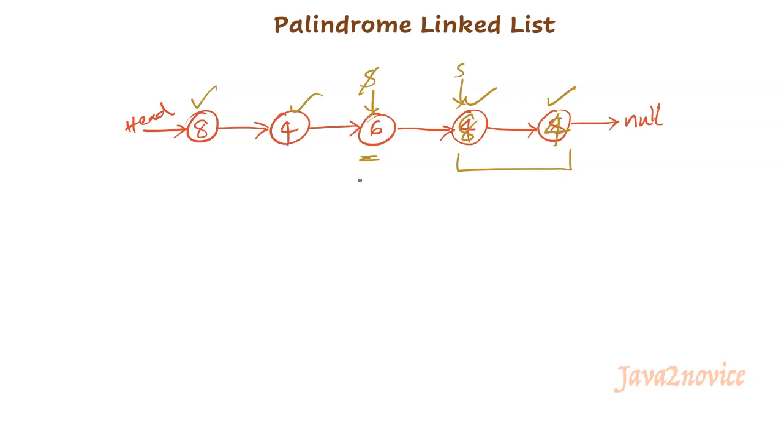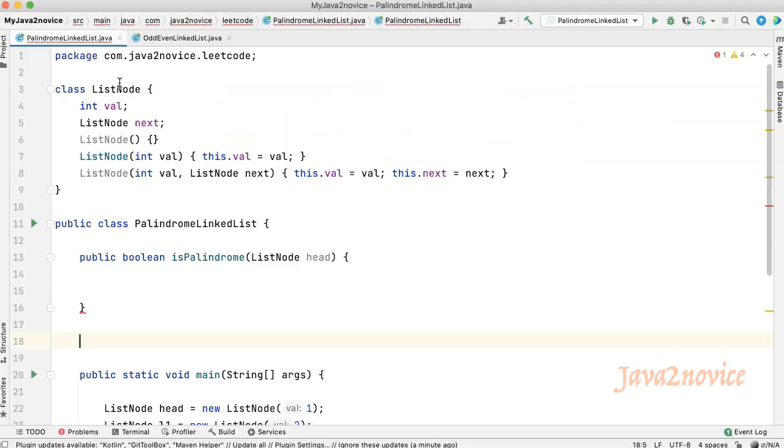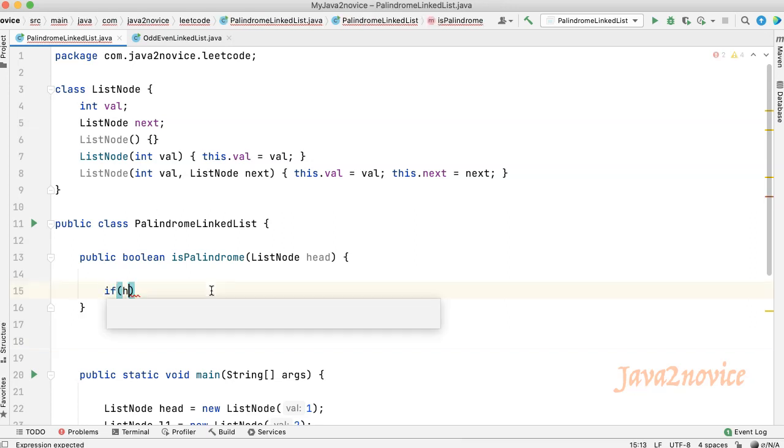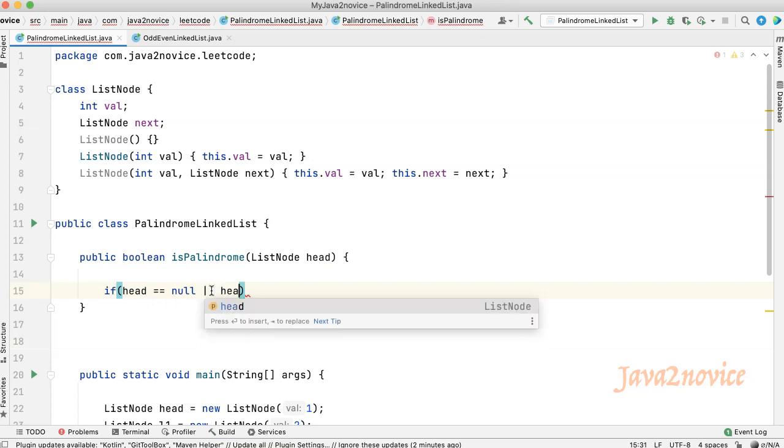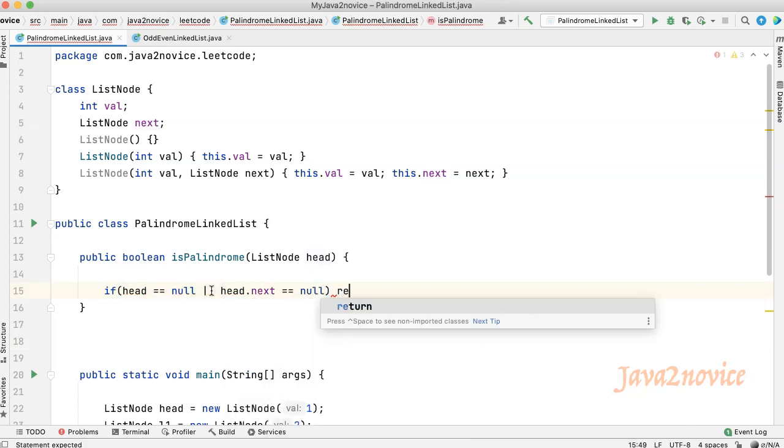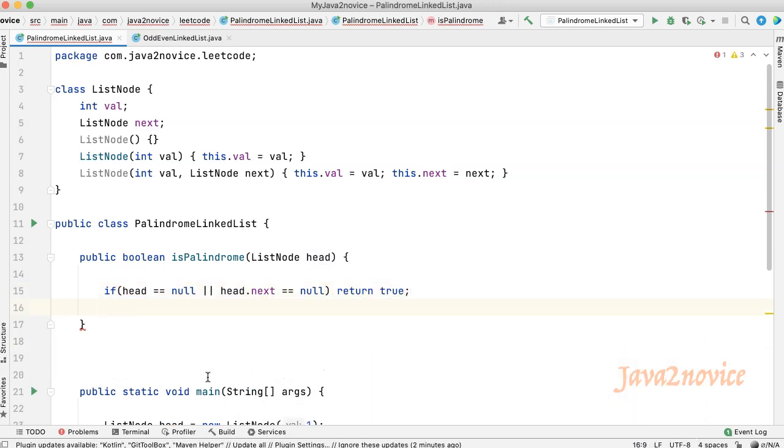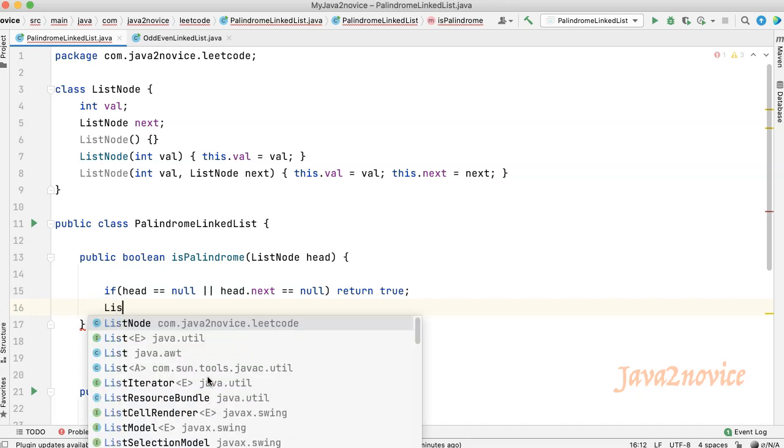Let's write code now. I have copied the ListNode class from LeetCode, and also copied the isPalindrome method signature. Let's do basic validations. Return true if the head node is null or the linked list has only one node. We will declare two pointers, slow and fast. We will use them for identifying the mid position.